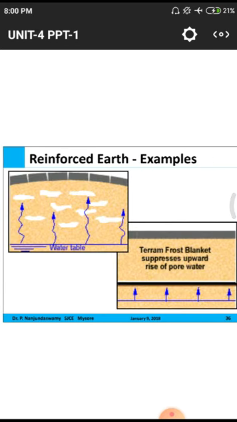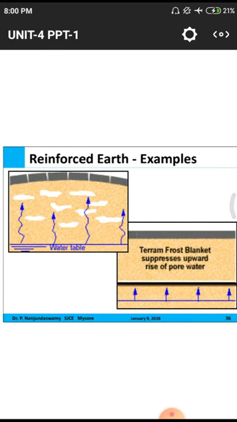And the next one, this is another example. In the previous cases we have observed the arrangement of geotextiles on the soil structure. Here also we have to observe the arrangement of geotextile in the form of black color. But here, a complete profile is given, that means the total soil structure.